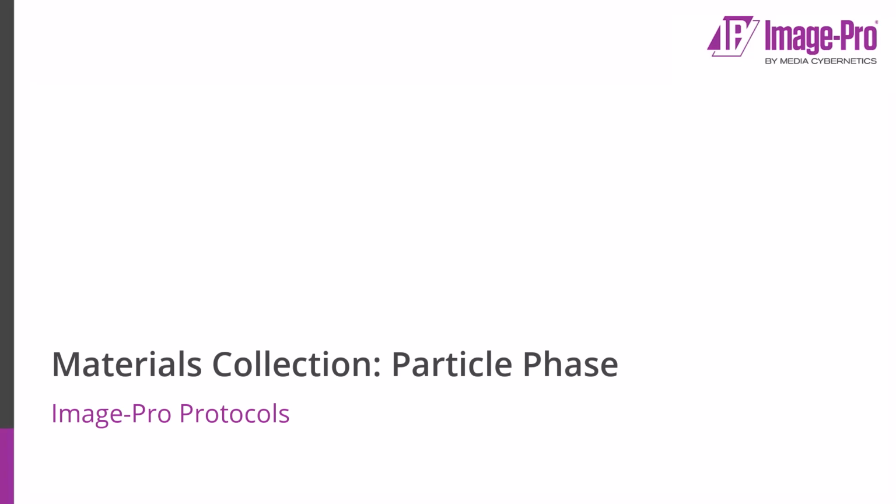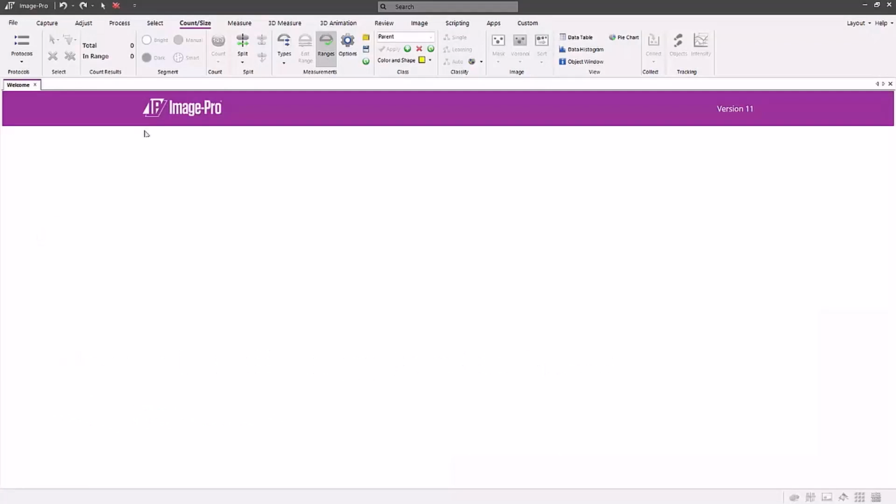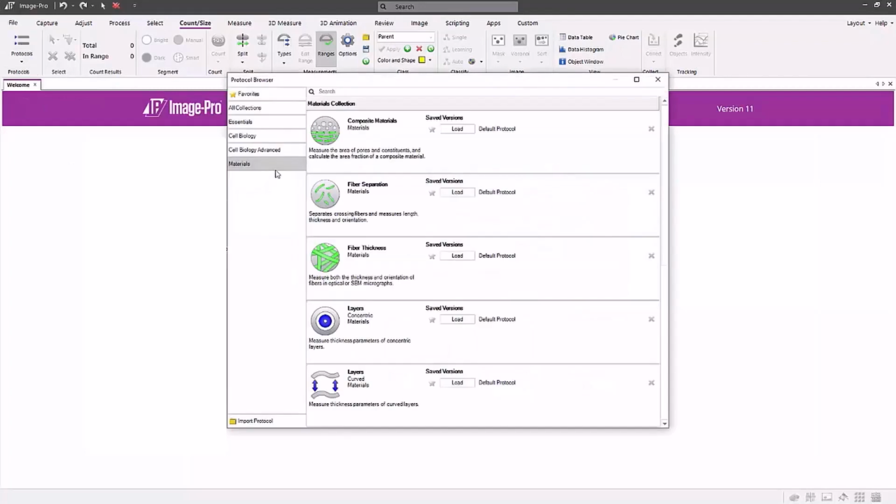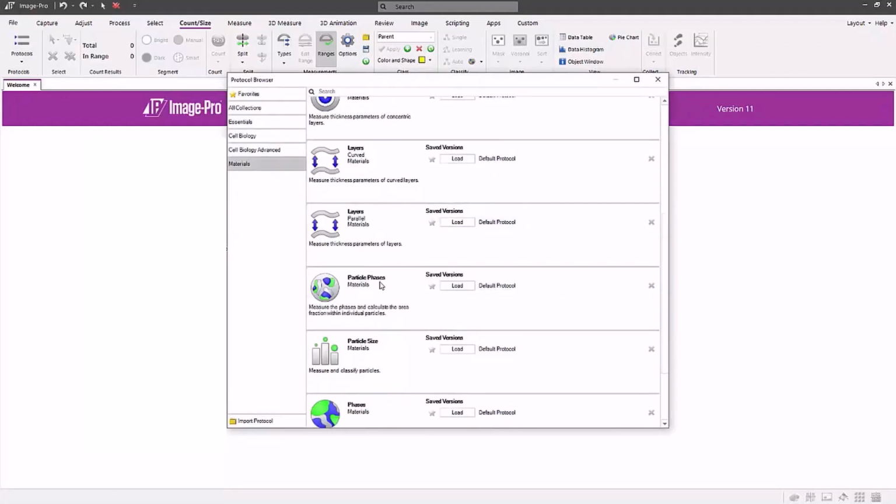In this short video, I'm going to discuss the particle phases protocol and demonstrate it. First, select the count size ribbon. Next, press the protocols button, and in the materials collection, scroll down and select the particle phases load button to